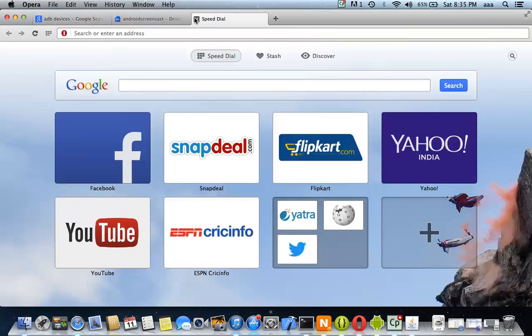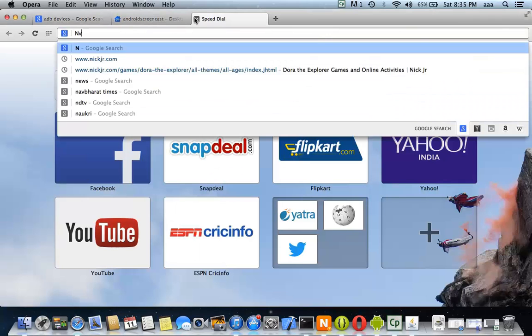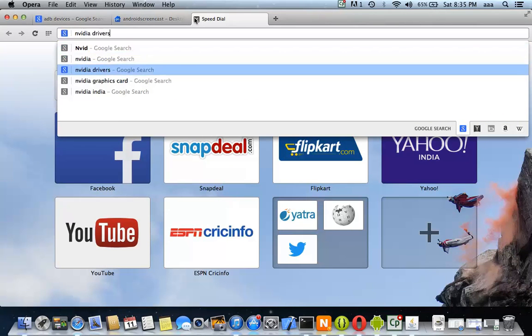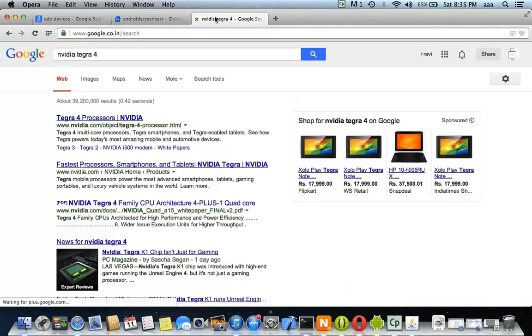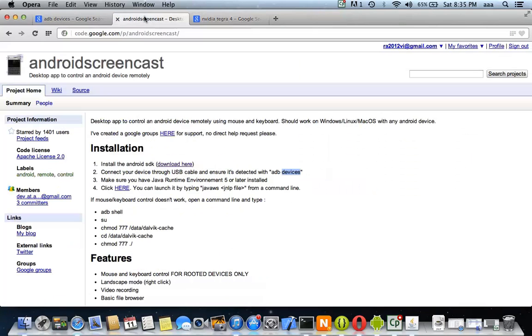Maybe I can Google that. NVIDIA Tegra is the graphical processing unit, so you should really read about that.